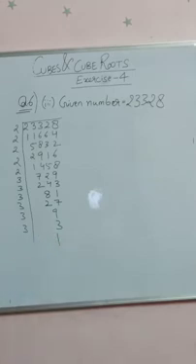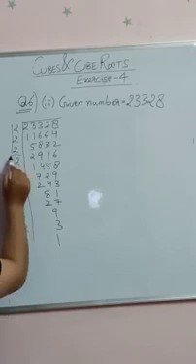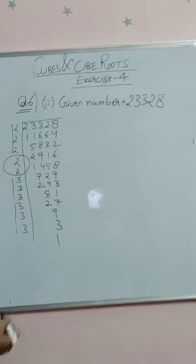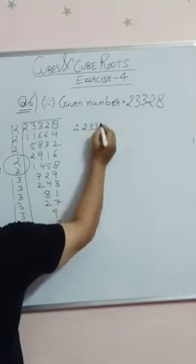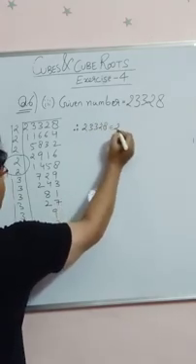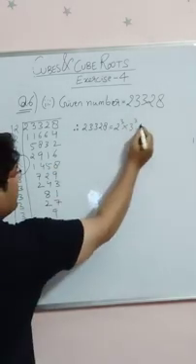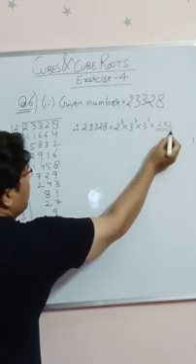Now once we have reached this stage where the quotient became 1, we are going to find the triplets. So this is the first triplet that we get, this is the second triplet, and this is the third one. What remains excluded are these two, because they are not in triplets, they are in pairs. So let us rewrite the given number. Therefore 23328 can be written as 2 to the power 3 into 3 to the power 3 into 3 to the power 3, and what is left? We are left with 2 into 2, which are not in triplet.